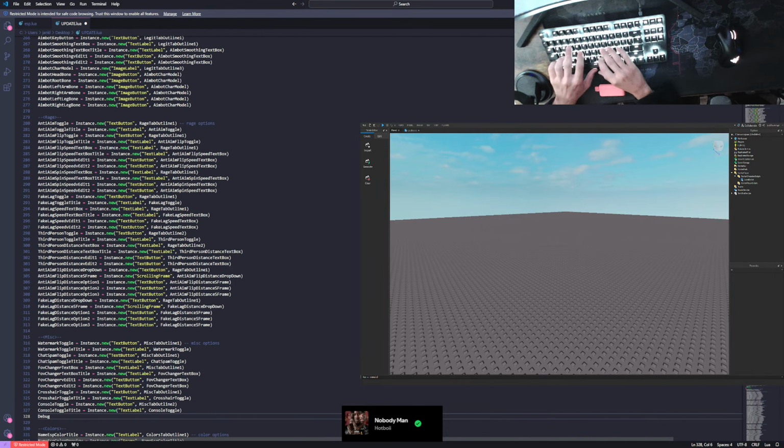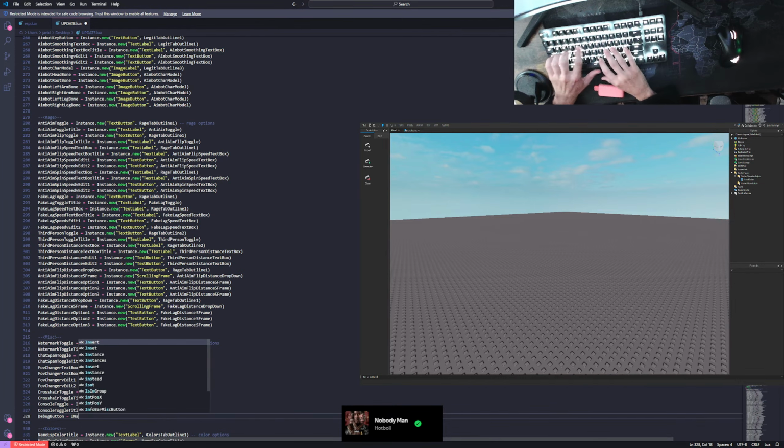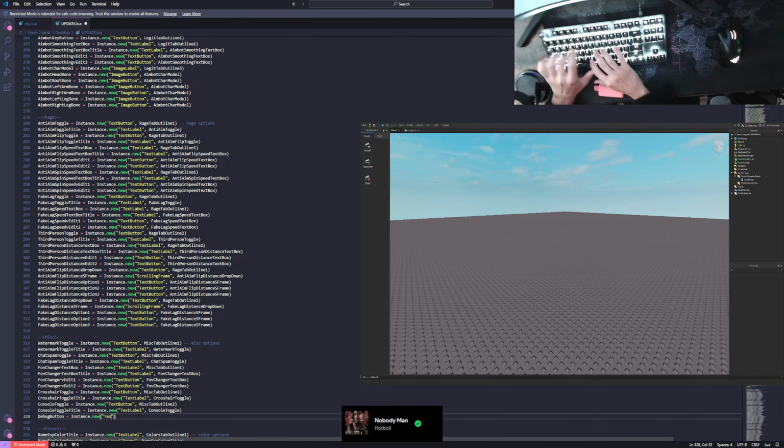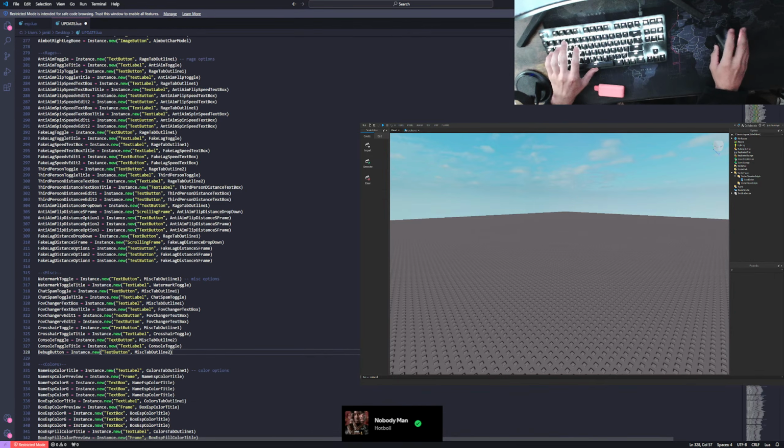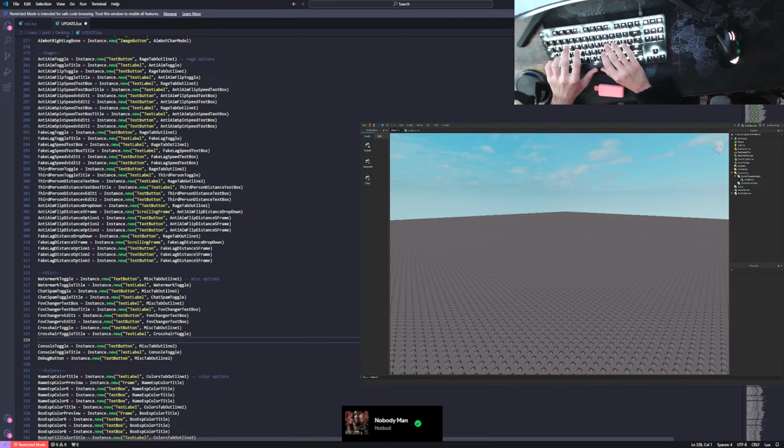Debug button equals Instance.new TextButton, parented to MISC tab outline 2. Alright, perfect. And then under number 1 here, we're going to do